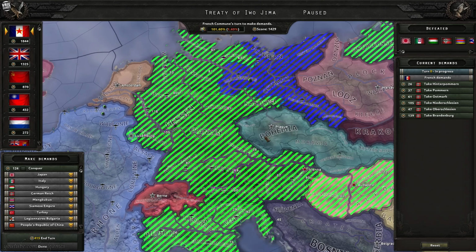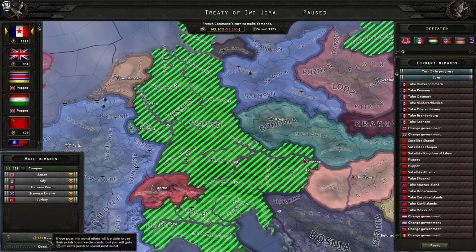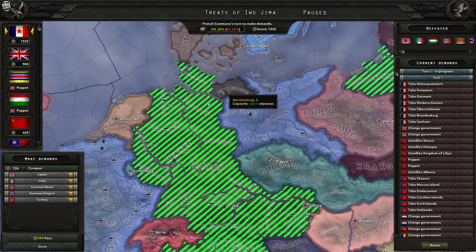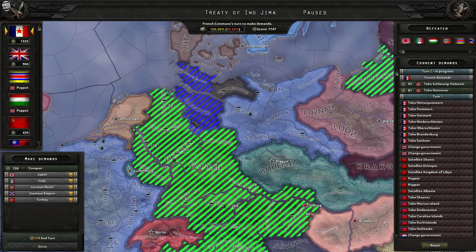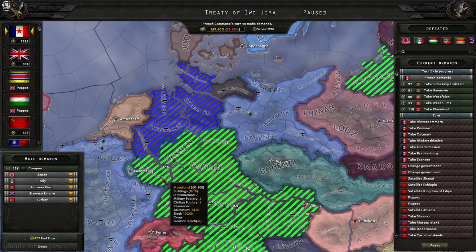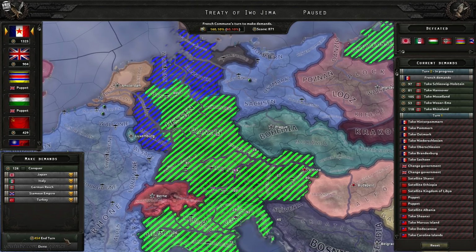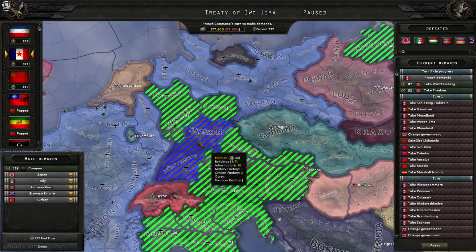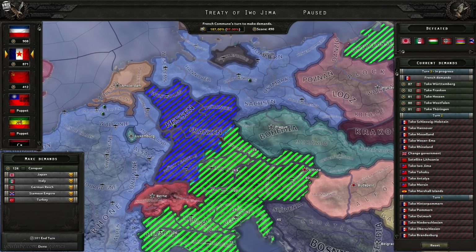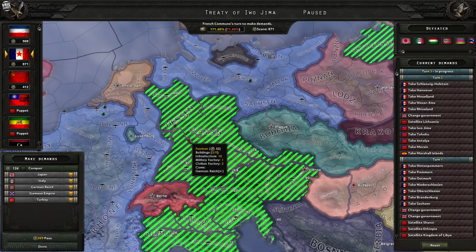Actually, let's do this. So that'd be like Berlin. And actually, we could take Saxony as well, so let's try that. Okay, so somebody's taken Mecklenburg. So we'll do all of this. Oh, that's way too much. Still too much. Oh, we were only down to like...